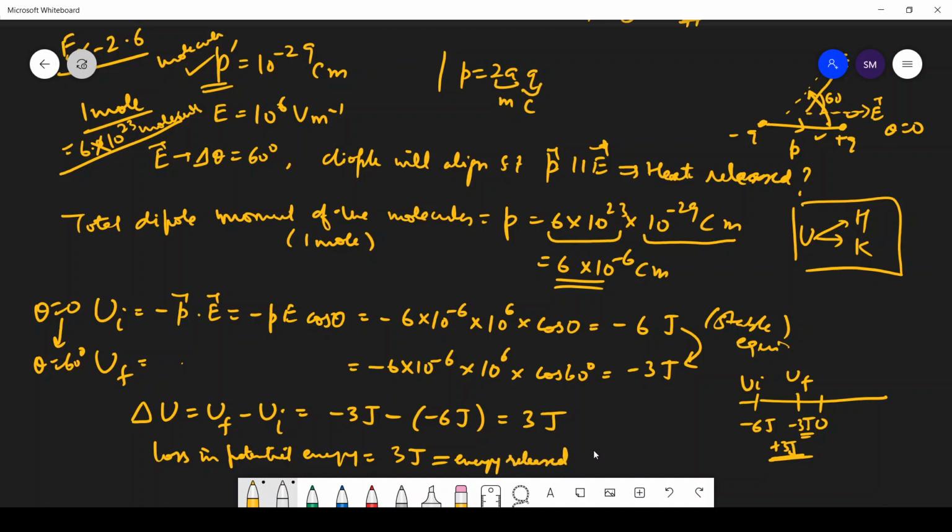This is the energy released by the substance in the form of heat during the alignment of the dipoles in this direction. So E was changed, and then P was also supposed to be in this direction for stable equilibrium. So students, that was the topic, potential energy of a dipole in an external field. I hope now this topic